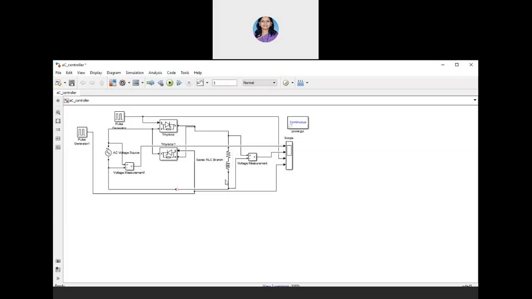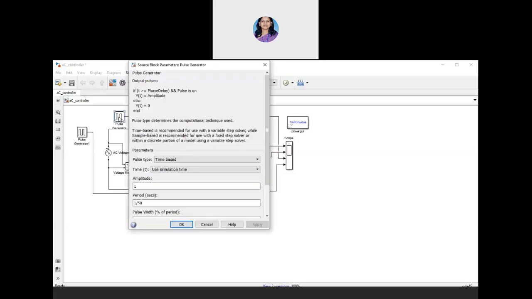The basic modeling elements that we have already discussed in earlier lab classes are the thyristor from the power electronics library, and the pulse generator that is used to have the firing, or we can say to trigger the thyristor. According to the requirement of the firing, we can set the delay angle in the pulse generator. Just wait for 1 minute. I will show you how the pulse generator works.